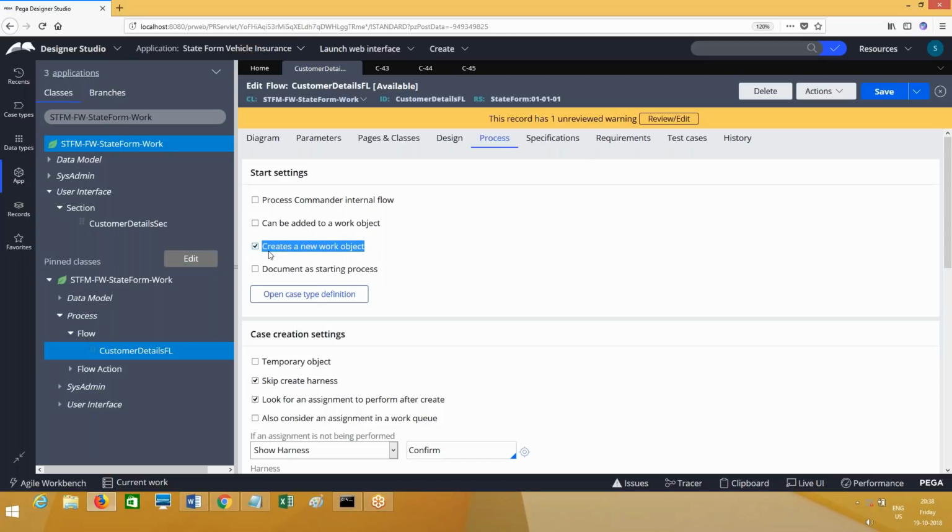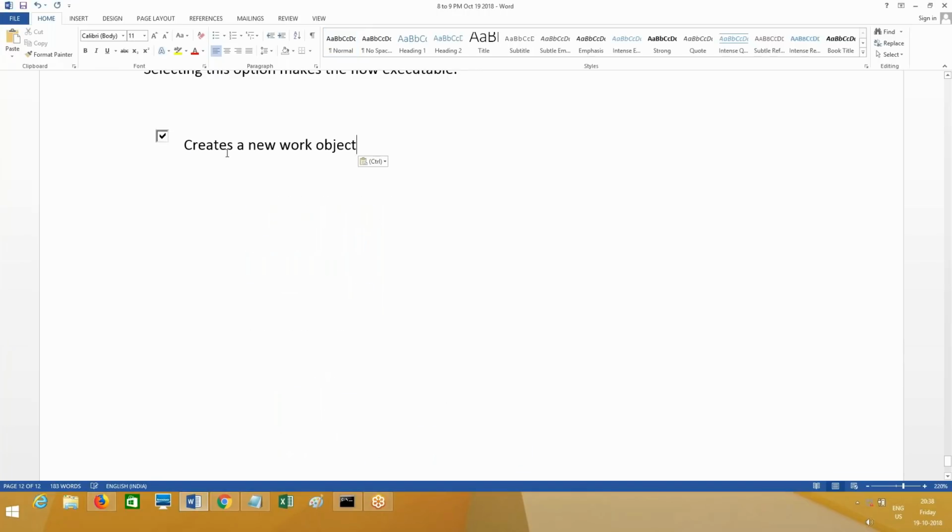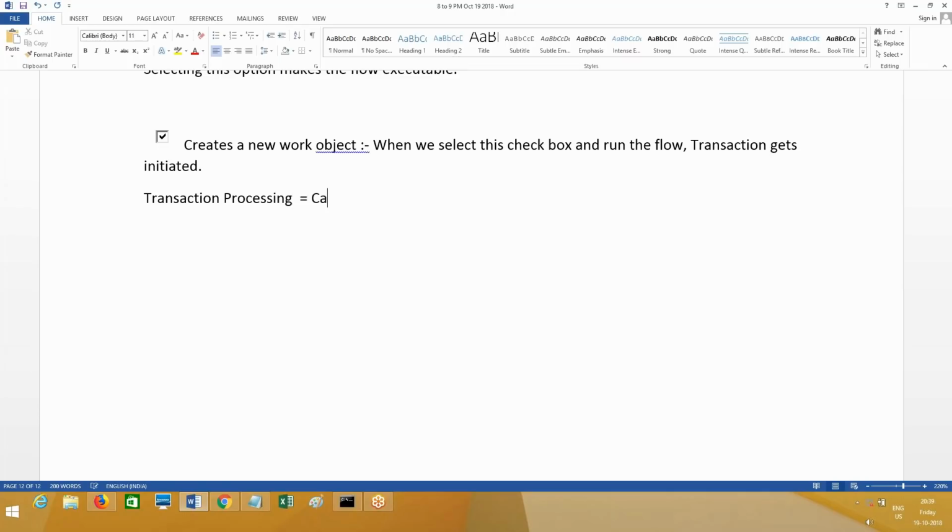Let me go ahead and write this down. When we select this checkbox and run the flow, a transaction gets initiated. Transaction processing is equal to what? Case processing. So when we run a flow, case processing gets initiated.